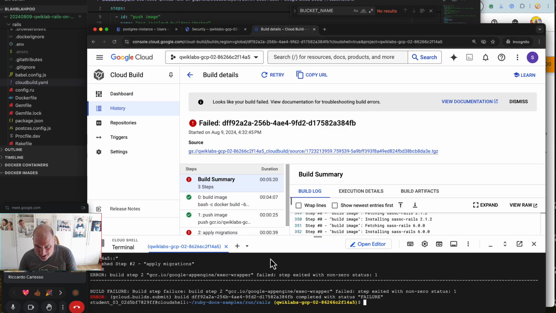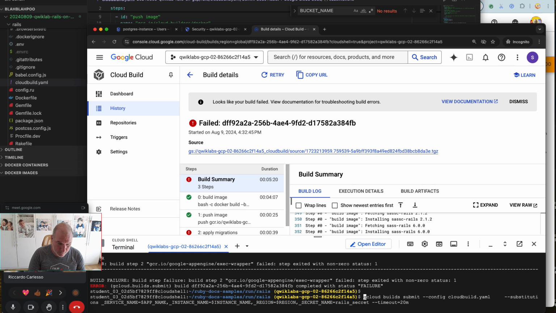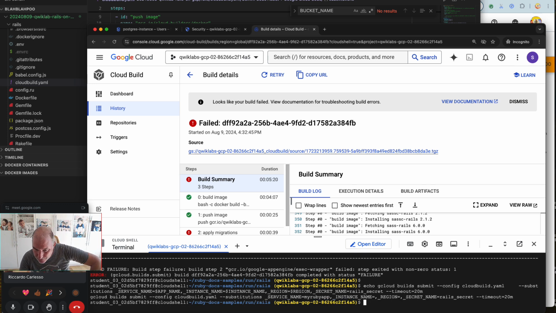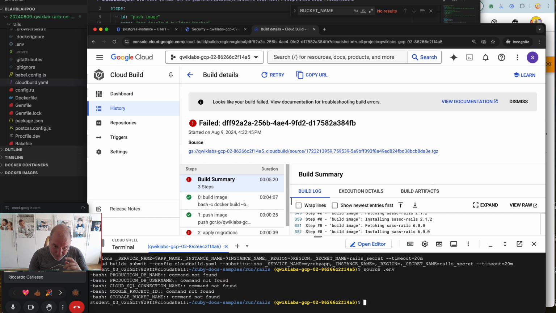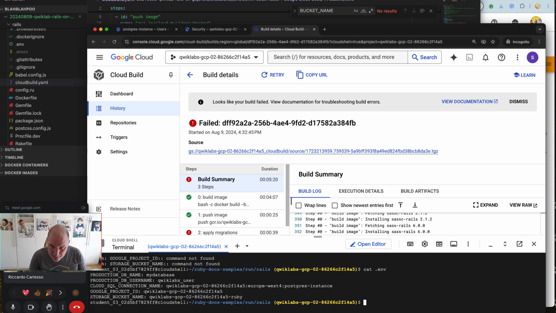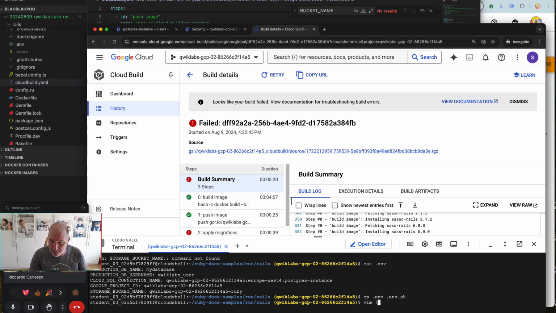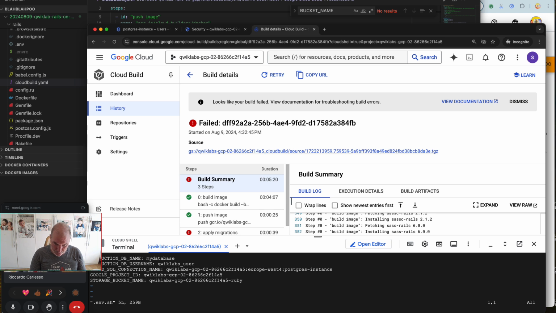So this failed. Let me see. Let me do an echo. So as you can see, the app name is there, but the instance name, the region, and the secret names are not there. So that's why. So let me do a source .env, cat. Oops. So let me do a cp .env .env.sh, vim, and now I will do